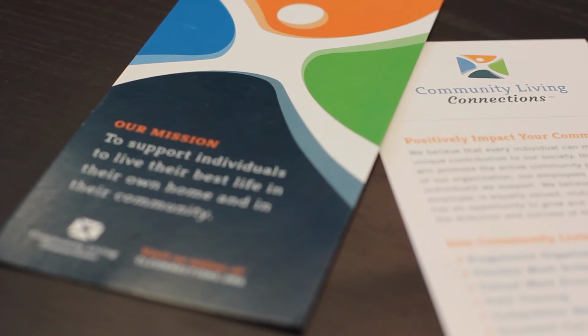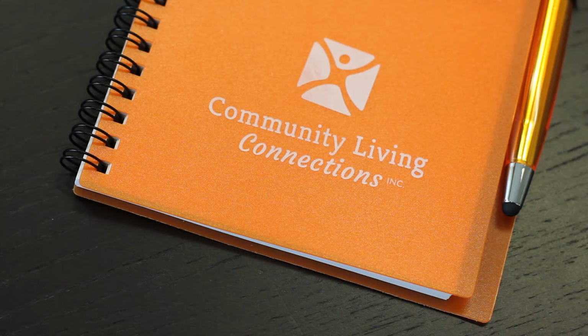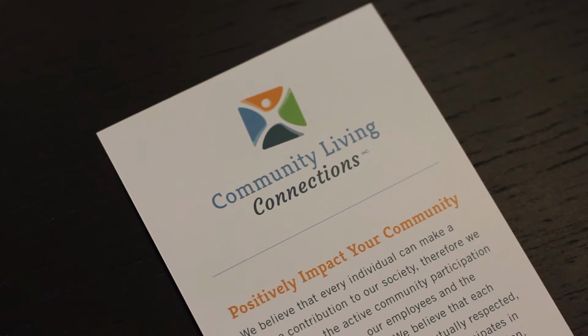We call it the CLC man, which is the iconic representation of the logo, used throughout the branding to really showcase the vibrancy and the mission of the organization, which is to live your best life. And so we wanted to use that logo and use this sort of vibrant color palette throughout all of their branding. With Tingalls, they helped us develop a website, which not only was a great image for our company, but